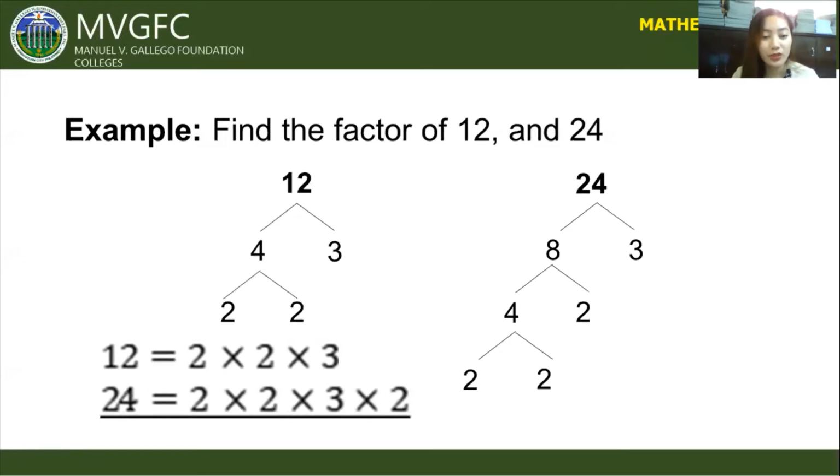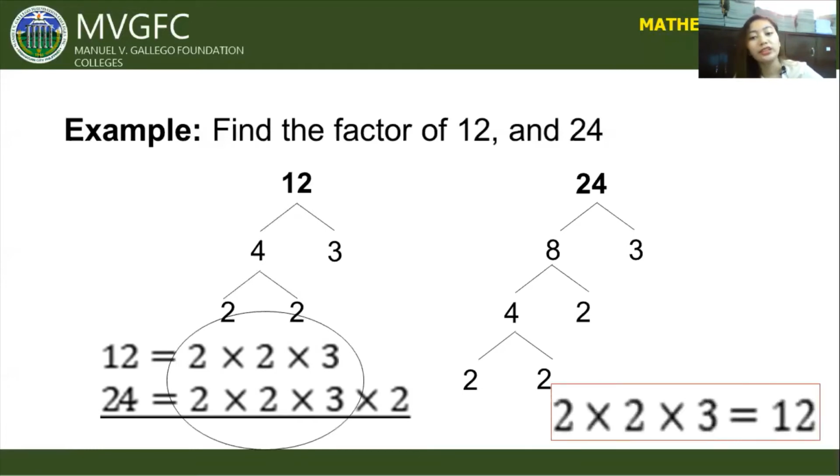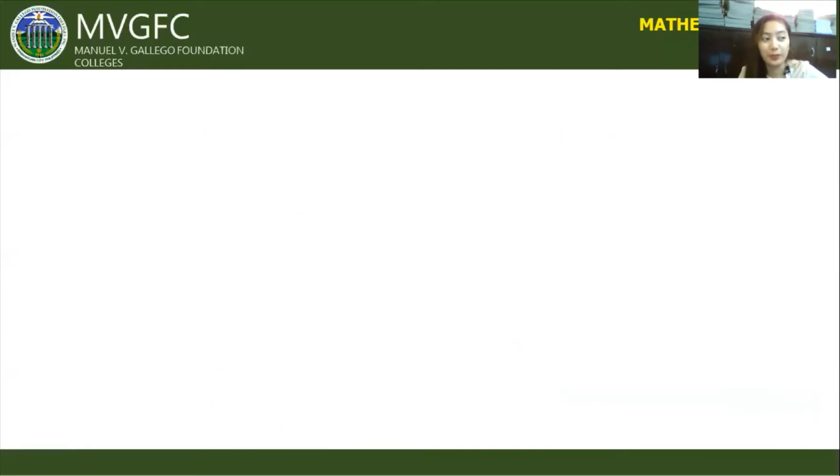So as you can observe, pinagpantay-pantay po sila, yung mga magkakamukhang factors. Okay? So, in that case, we can say now that 2 times 2 times 3 is equal to 12. Yun lang kasi yung magkakamukha sa kanila. So, in that case, we can find now the GCF of 12 and 24, which is 12. Okay? So, that is the second way or method on how we can find the GCF of a certain group of numbers. And for the third method,